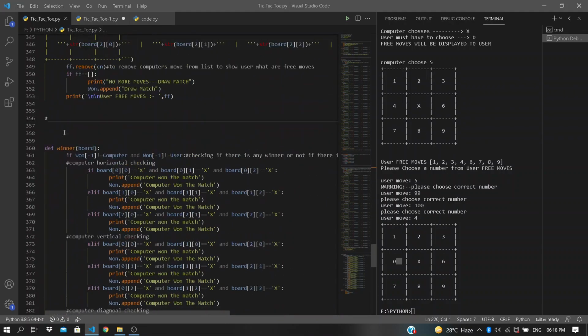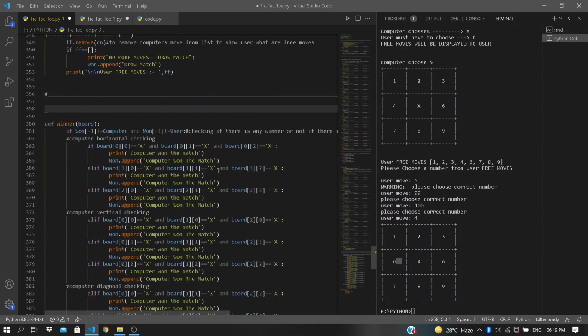At last, in our winner function, we check whether there is any winner. If there is a winner, we append that string to one list. See, 0,0, 0,1 and 0,2: computer horizontal checking.